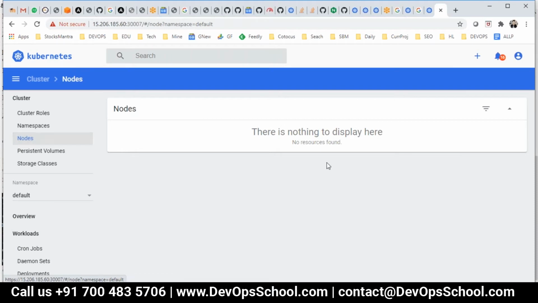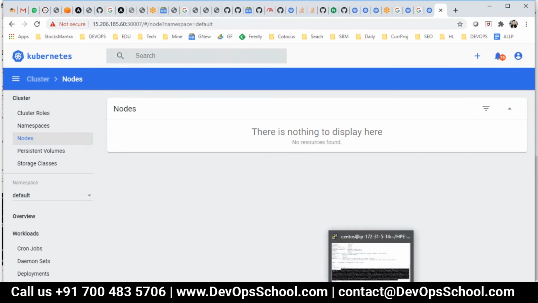Yes, it says no resources found. Wait a second. There should be two nodes actually. Three nodes. Why? There's nothing to display.